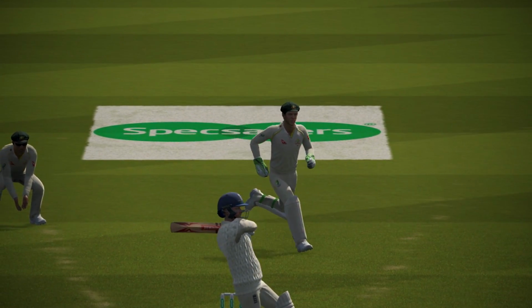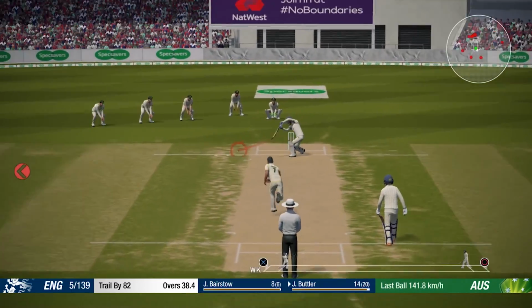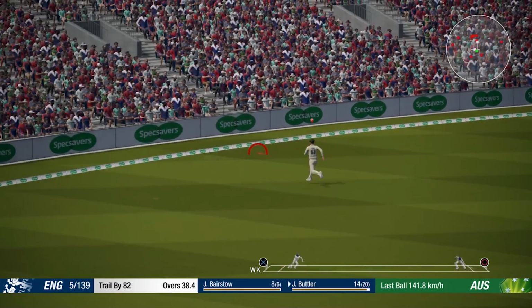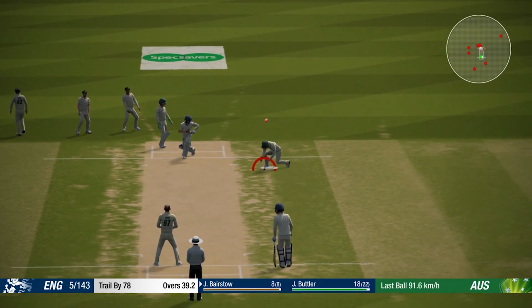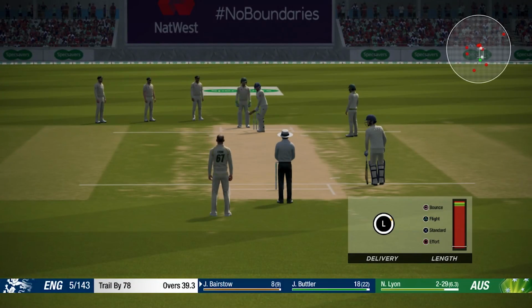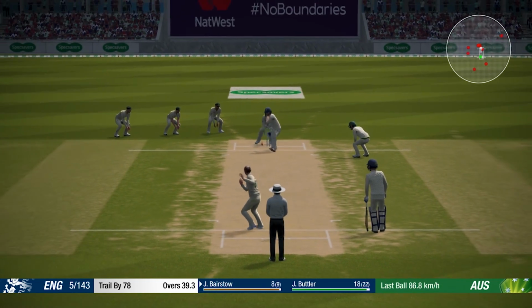This is a quality pull shot away to the boundary. And Bairstow playing nice and aggressive here. And we saw the run rate also yesterday push up as the Australians came into bat. They started to play the wicket a little bit better. They were much better with their aggressiveness at the crease and really put the pressure on the England bowlers.